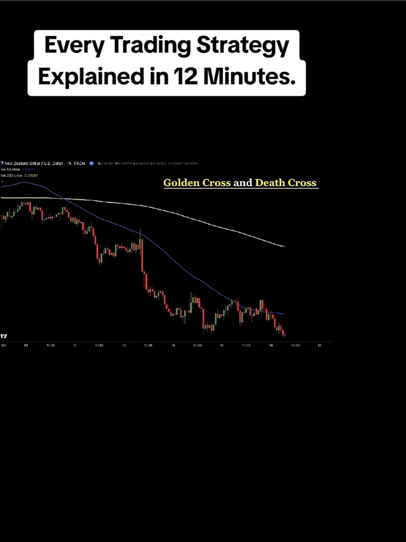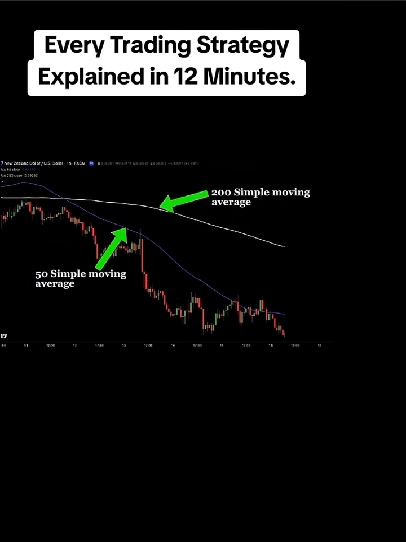Golden Cross and Death Cross. Let's start with the Death Cross, a classic bearish signal used to identify the potential start of a downtrend. This occurs when the 50-day moving average crosses below the 200-day moving average, indicating that bearish momentum is building. Traders typically look for sell opportunities when this crossover happens, especially if it's confirmed by declining volume or weakening price